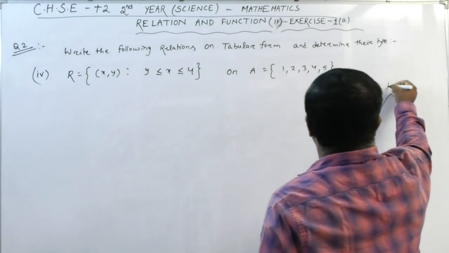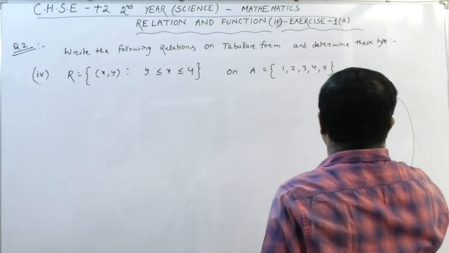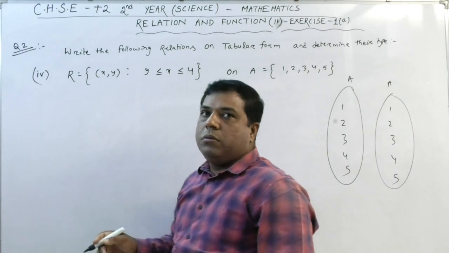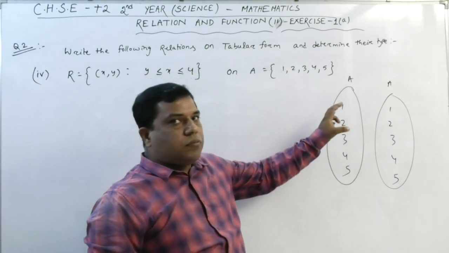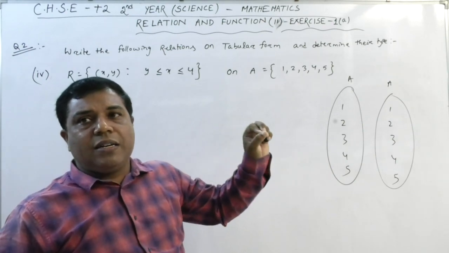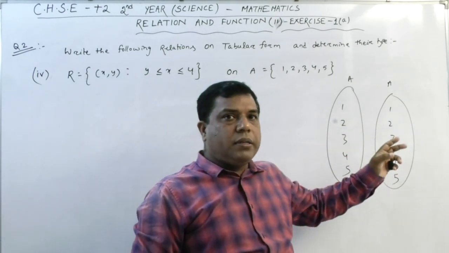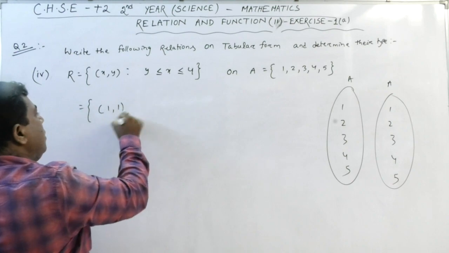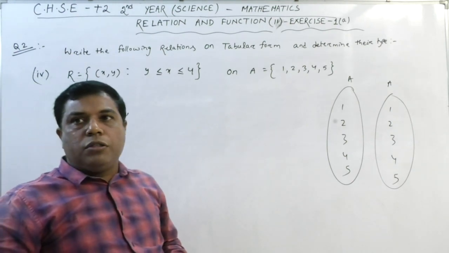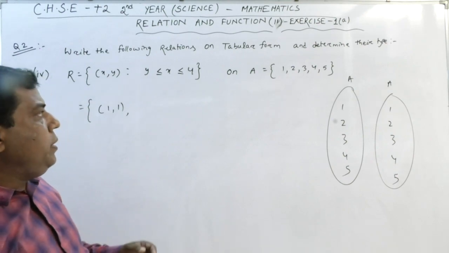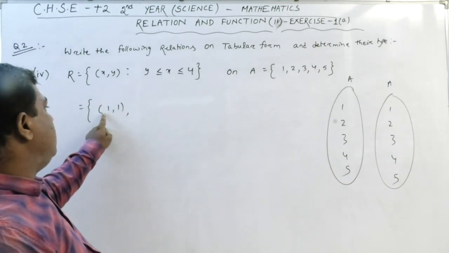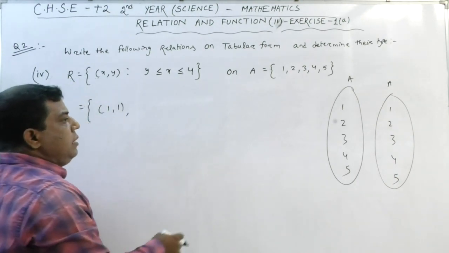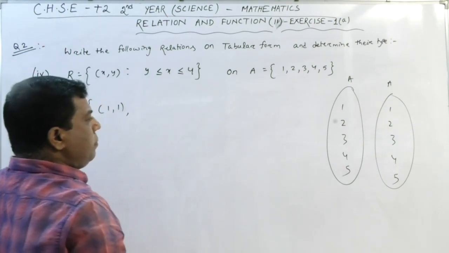So this is A, this is also A. We have to connect because we have to define it from A cross A. If the sets are smaller, you can proceed like this also. Now if I take 1, it is your x, it is greater than or equal to. All the other values are greater than it, only 1 is equal to 1. So for 1 I am getting 1, 1. I am not able to write 1, 2. Why? Because 2 is larger than 1, but x should be larger and y should be smaller. Okay. So 1, 2 is not there, 1, 3, 1, 4, 1, 5, don't think about it.